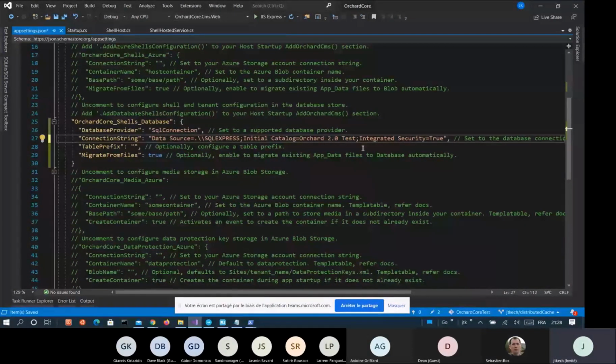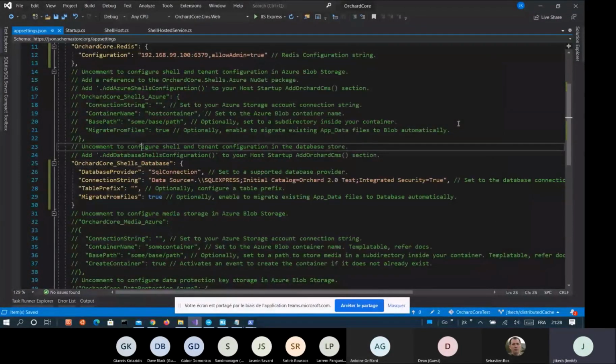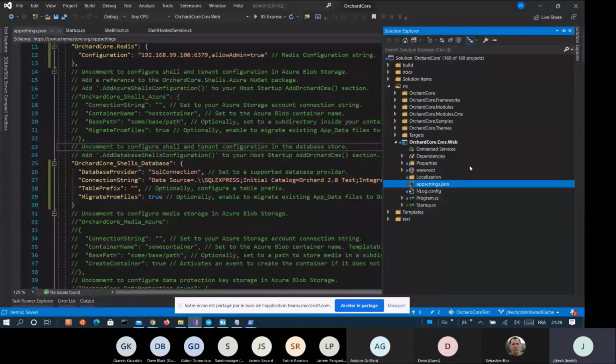Exactly. So here is the configuration. I have Redis. What else? Ah, yes, and in the demonstration, in the demo, maybe I will create a tenant and set it up to see if it keeps in sync.